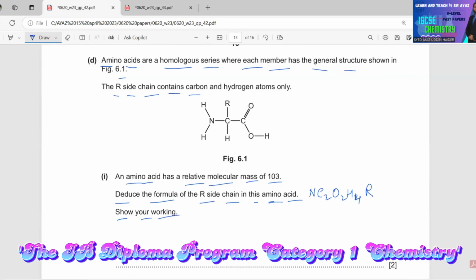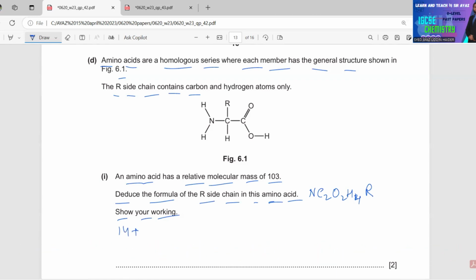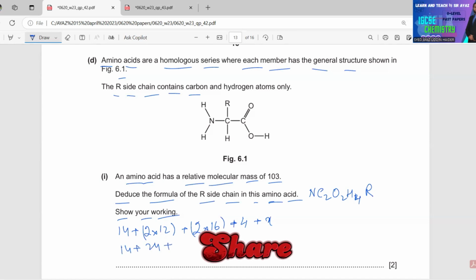So we have 1 N, so I will write 14 plus 2 carbon, so 2 will be multiplied by 12, plus 2 oxygen, 2 will be multiplied by 16, plus 4 hydrogen, so 1 multiplied by 4, you will get 4 plus X for R. So 14 plus 2 multiplied by 12 is 24 plus 2 multiplied by 16 is 32 plus 4 plus X